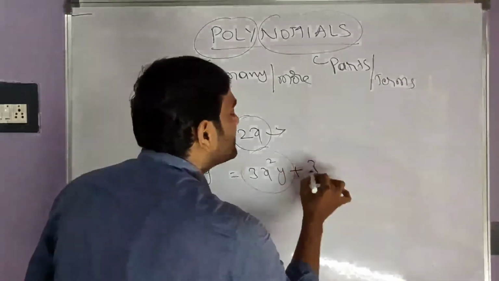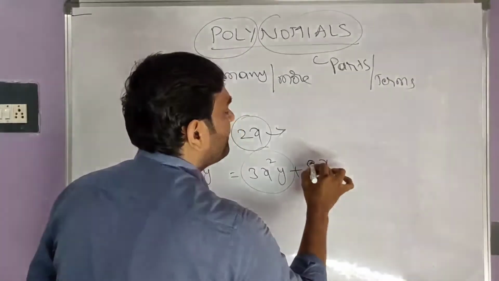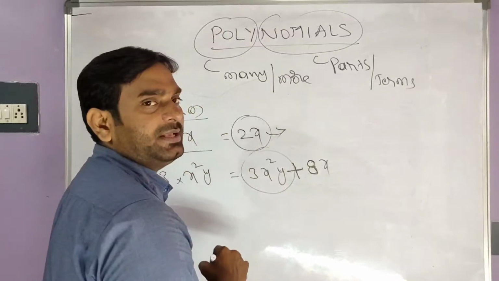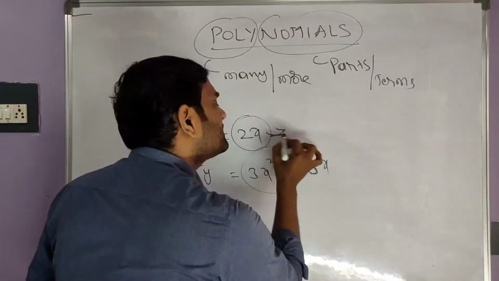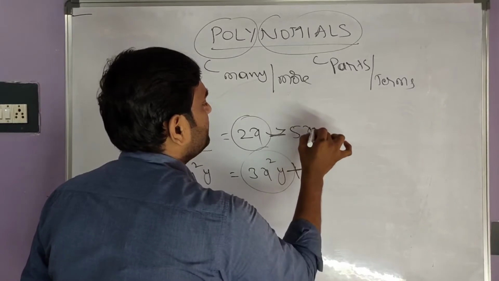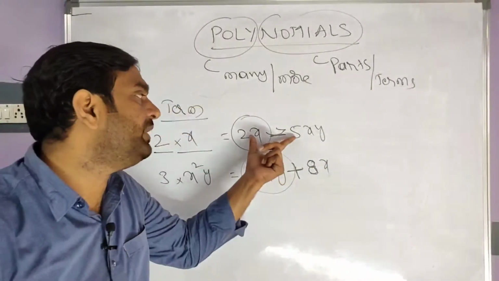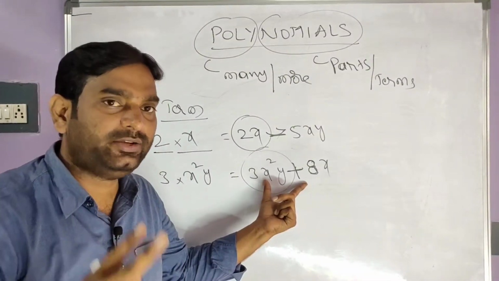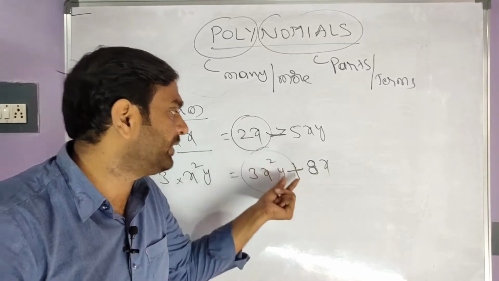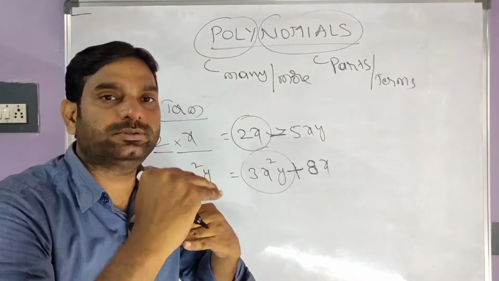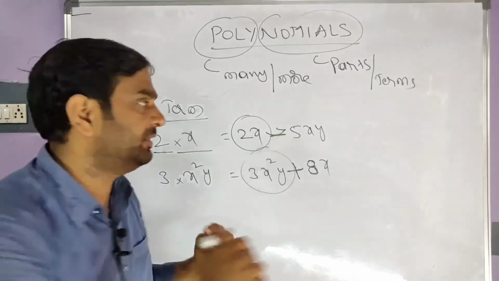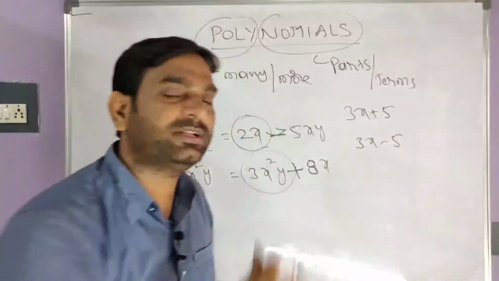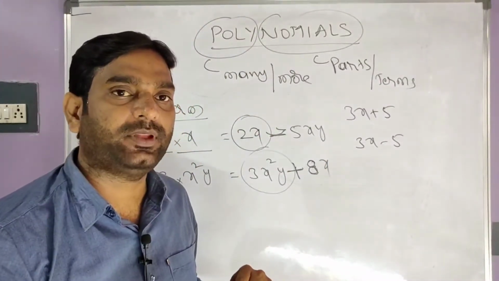Now if we are given something like 8x, whatever, added by a plus symbol, or subtracted with a minus here, how many terms are there? Two terms. Okay, now I think you got this point. If you write a plus or minus between those, those are two terms. If 3x plus 5 is given, or 3x minus 5 is given, how many terms are there? Two terms. Now clear.